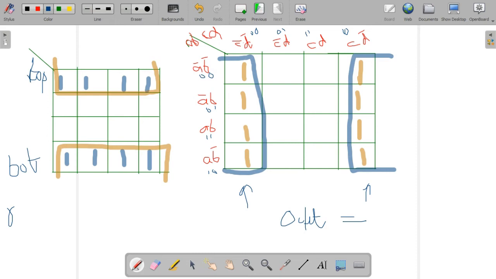Octet means we have to consider only one row, only one column, that is C dash D dash. So it will be there. 2 columns we have to consider, is it? Yeah, we have to consider 2 columns. One is C dash D dash, another one is C D dash. In this, which one is changing? C dash is changing, so we have to write D dash is the value, is it?